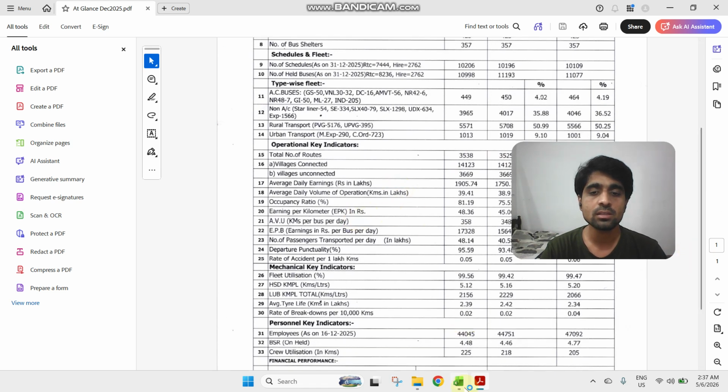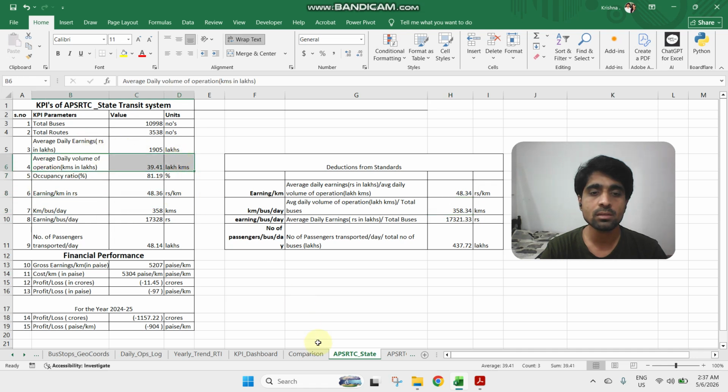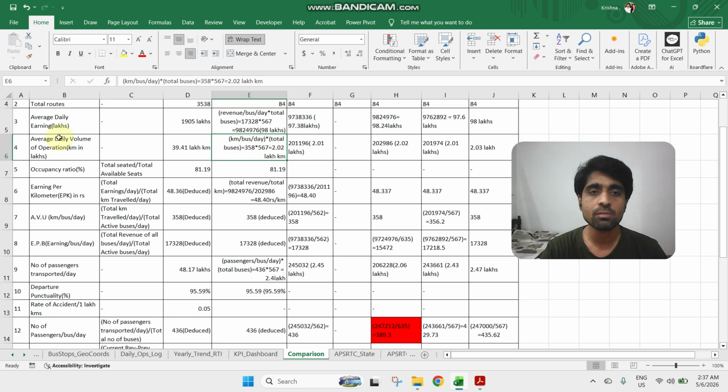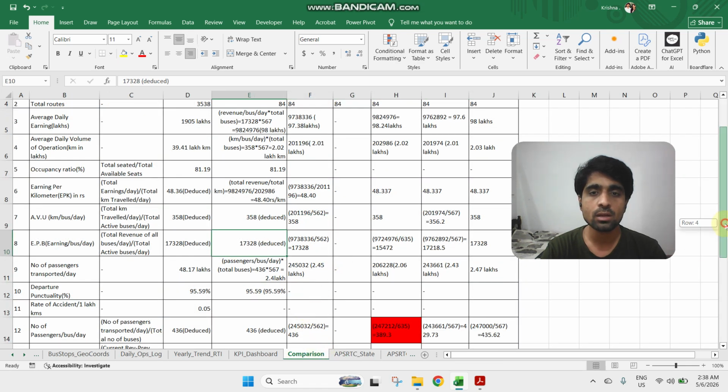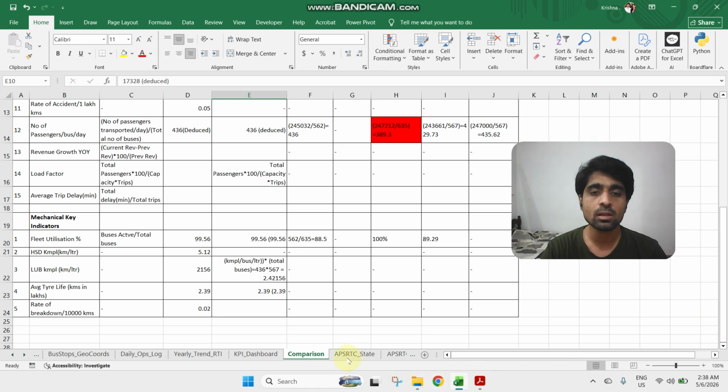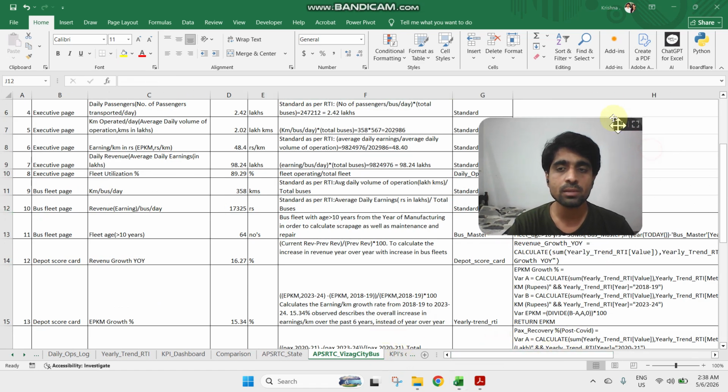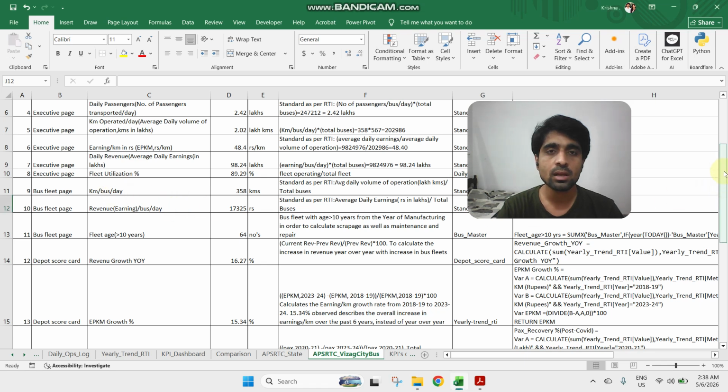Using this, we get that sheet, and this sheet is used in order to calculate all the parameters. Similarly, to calculate each and every parameter, if you want it, multiply with the total number of buses. We take the value of each bus and multiply it in order to get our data. Here we can see the deduced values: we have deduced them from the standard sheets, earning per bus per day and kilometer per bus per day. Multiply with 350 buses, we get the value for 350. For 200, we get the value for 200. That's how we have made all the data sheets, and the correlation and comparison all work well. And in the coming video, these are the most important KPIs, and I'll discuss in depth about